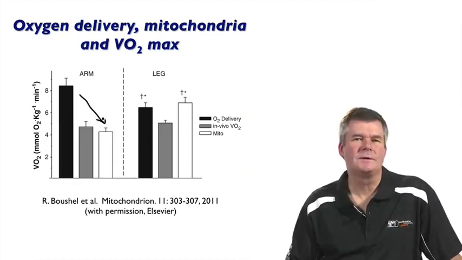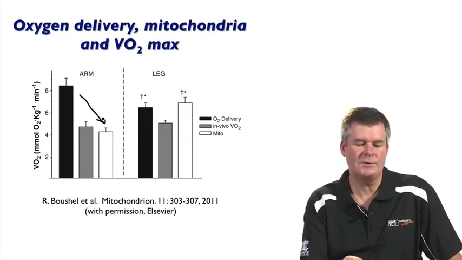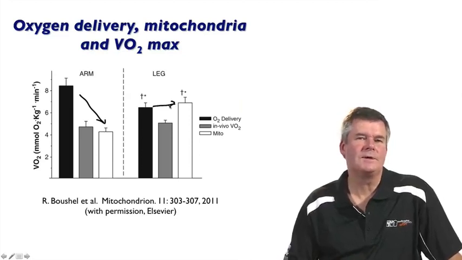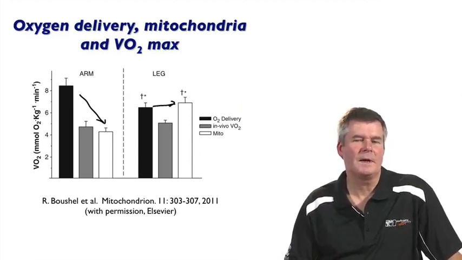In contrast, if you look at exercise involving the legs and a larger muscle mass, and you begin to approach the maximal limits of cardiac output, the oxygen delivery is somewhat less than the oxidative capacity of the muscle. And this implies that during large muscle mass exercise, it's the oxygen delivery which is really rate limiting for the